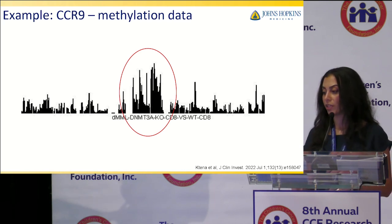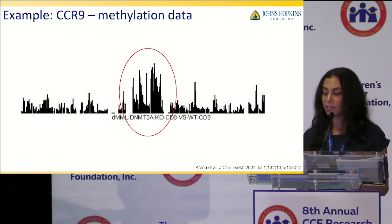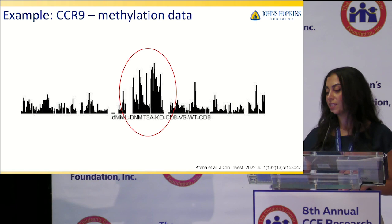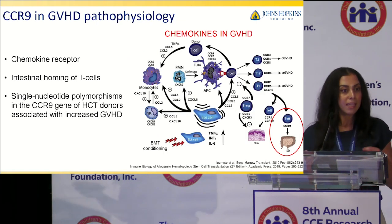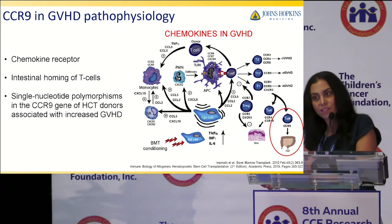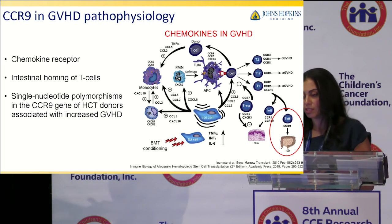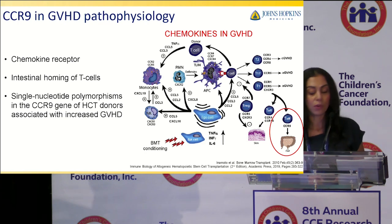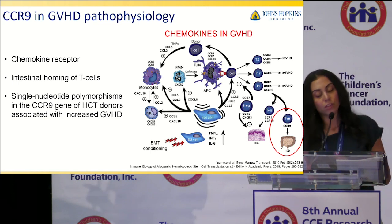And another example here of one of our top differentially methylated and expressed genes was CCR9, and we confirmed this in our RNA-seq data and flow cytometry data. And CCR9 is a chemokine receptor that drives T cells to the intestine, which is a major target organ of graft-versus-host disease. And in fact, single nucleotide variations in the CCR9 gene in the donors of transplant have been associated